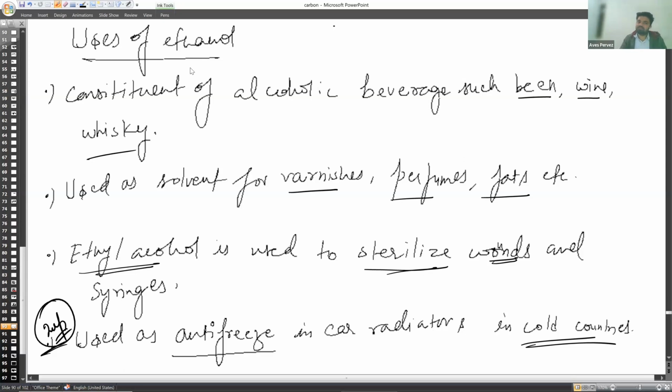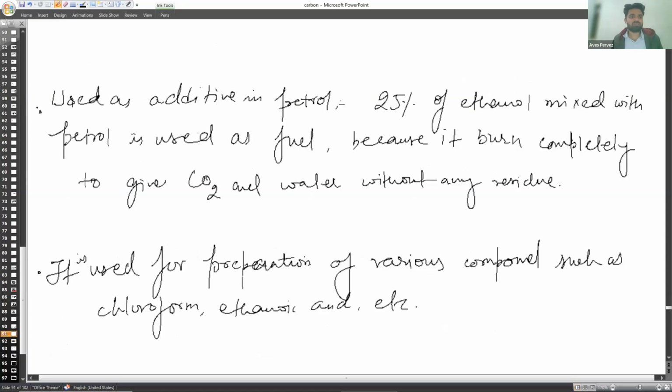He is sending you the notes. I just told the team to send you all the notes, so don't worry about it. Got it? This has been written in the notes, so there is no need to write it again. You can learn it from here, and it is also in the books. The important one is this one, because the uses you can study on your own.